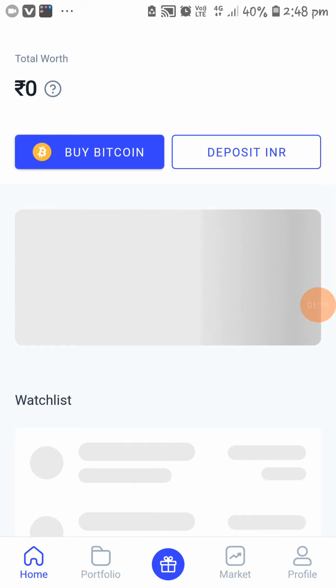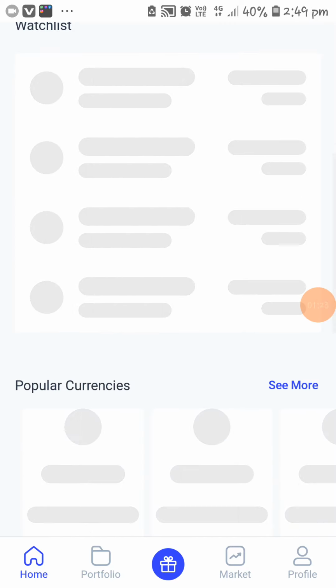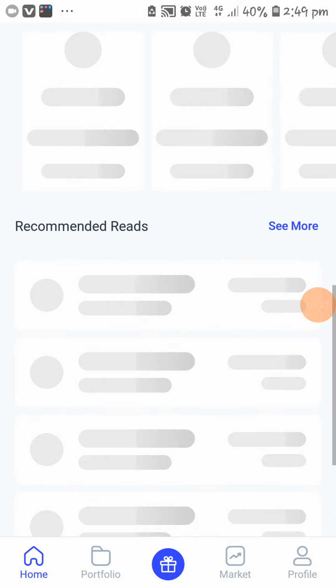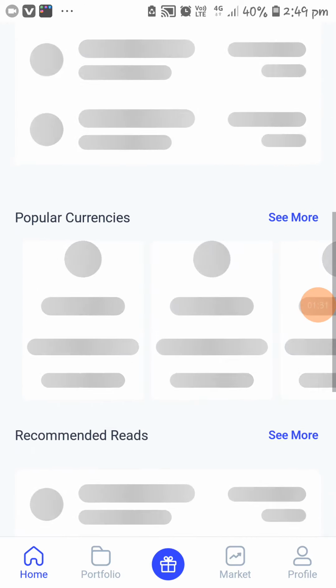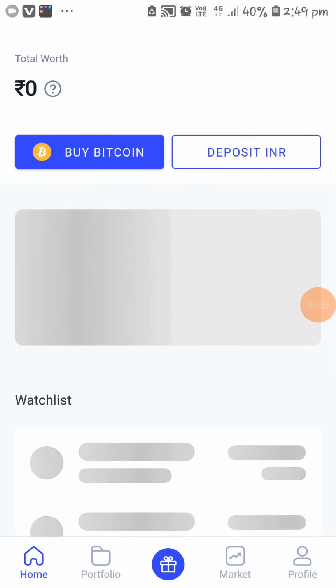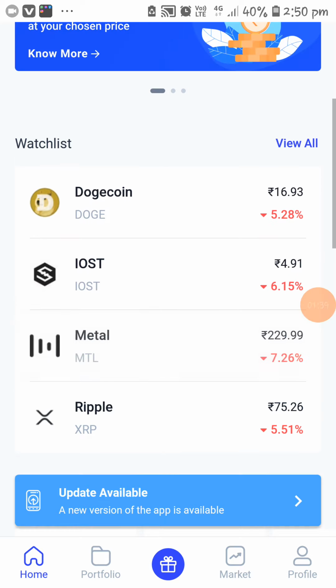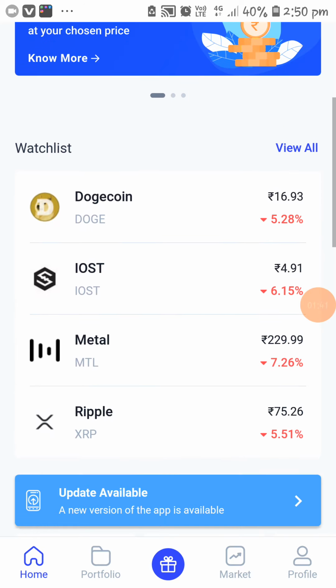Here are the top currencies. You will find popular currencies here. See, friends, here are the currencies in the watch list.